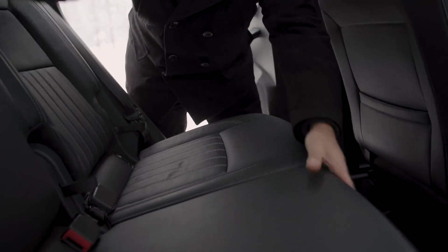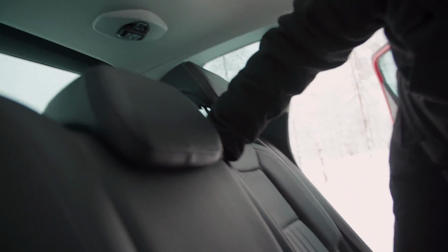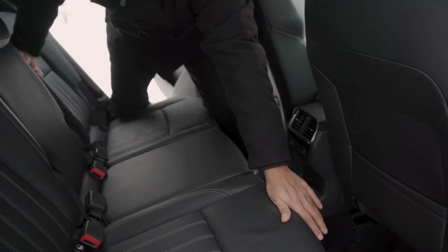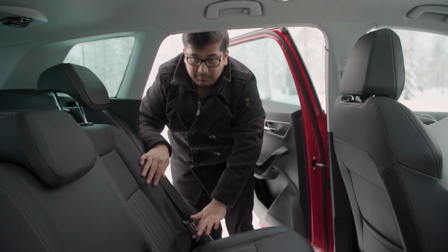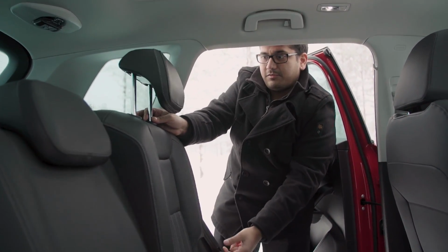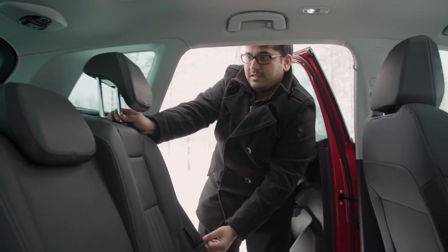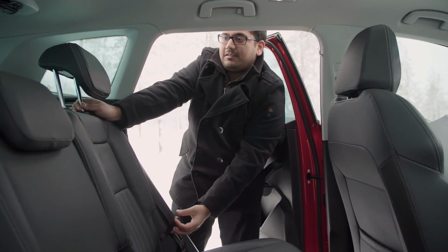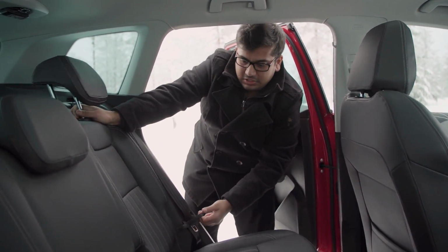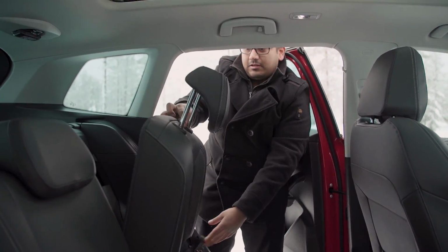First things first, you can slide these seats front and back individually, this one separately. This one doesn't slide, but this one on the edge also slides completely. Apart from that, if you pull this tab, you have, I think, 3 or 4 different levels which you can set the recline. Yeah, quite a lot of them. You can really put it all the way back, make it lounge-like. You can, of course,